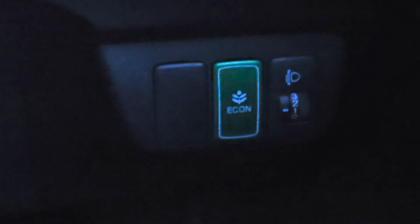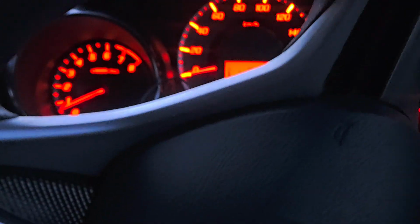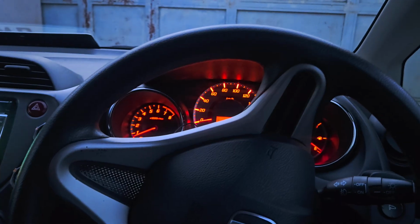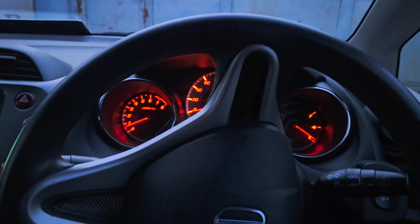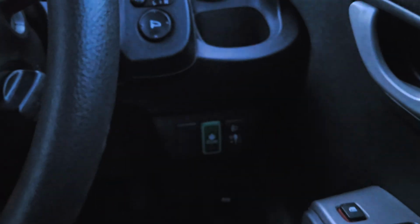If I may add, it also has eco mode. I haven't really been using it, so I don't know how effective it is. But even as you drive and let go of the accelerator, or you're just decelerating, an eco indicator will come on the rev counter side, showing you you're saving gas. People say this is more economical than a Vitz, but I want to assume it's because of such things as that. Maybe when you press that